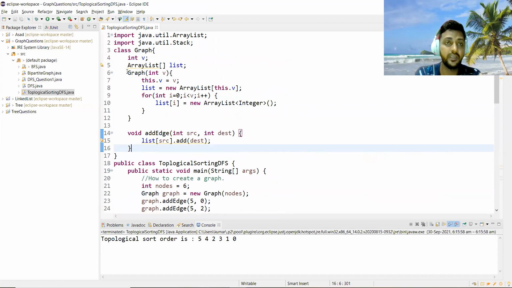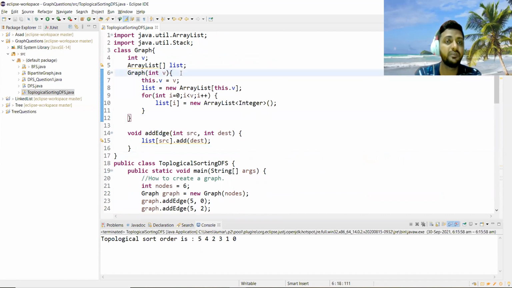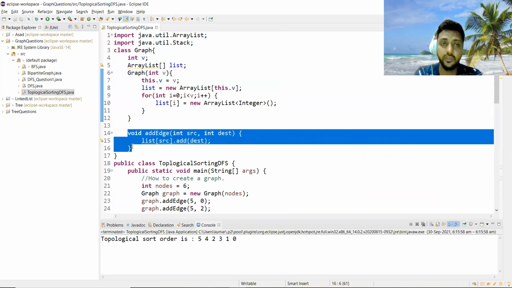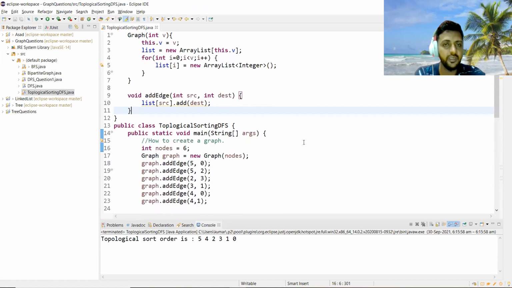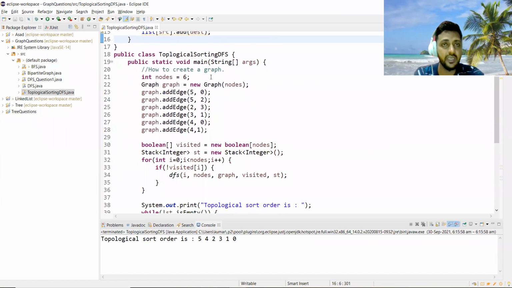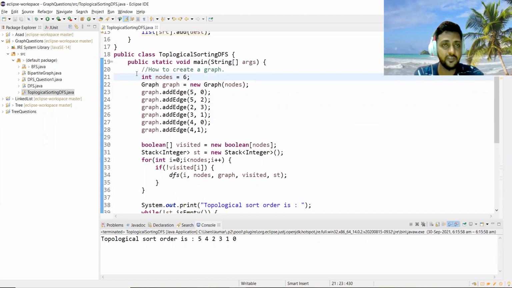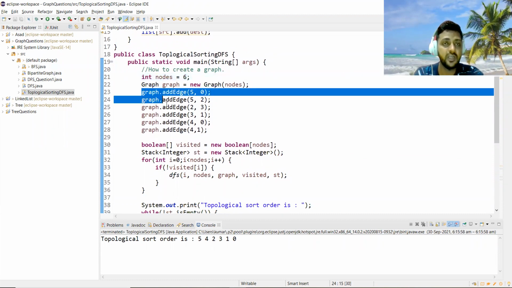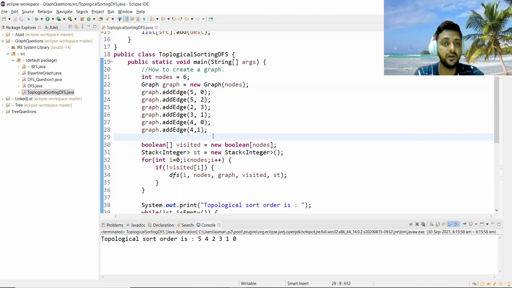We have one constructor which takes the number of nodes in the graph. We declare one array whose type is ArrayList, and then we add the edge from source to destination. This is the graph which I have explained to you. There are 6 nodes from 0 to 5, and you add these edges present in the graph.